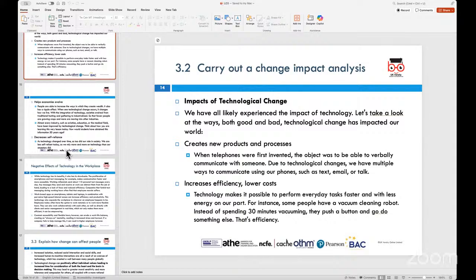Now, is it a big change? Is it a change that means we need to do training? We need to look at skills enhancement. We need to look at, for example, levels at which they will need to go training. Because if it's a new equipment, new product, does the employee have the skills to be able to use it,